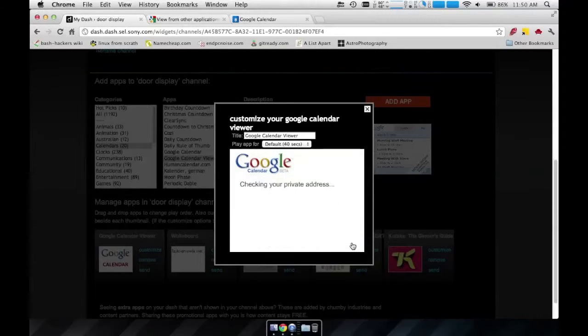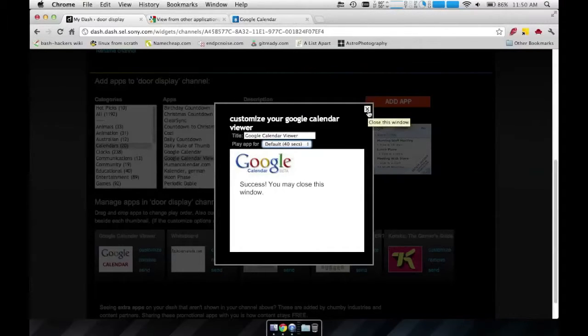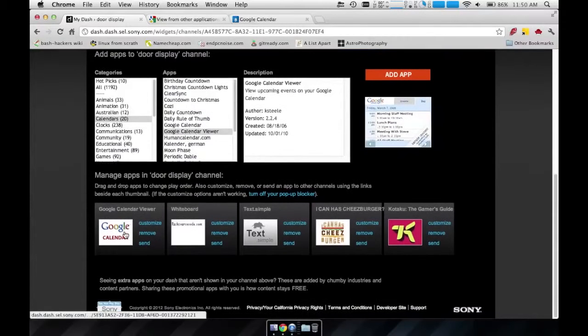We'll click Submit, and it tells us that it's a success. And also, if you want to, you can tell it how long you want it to stay on this app. If you want to go back and change that later, that's fine. Then we'll click the little X, and now you can see here that we have the Google Calendar viewer installed